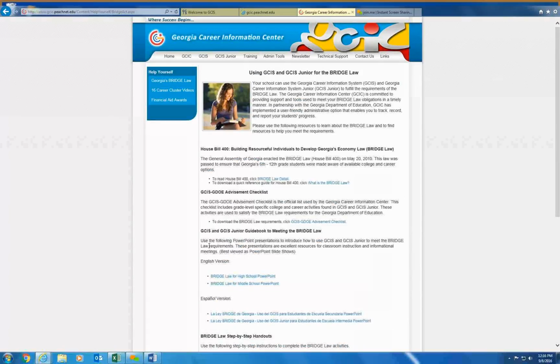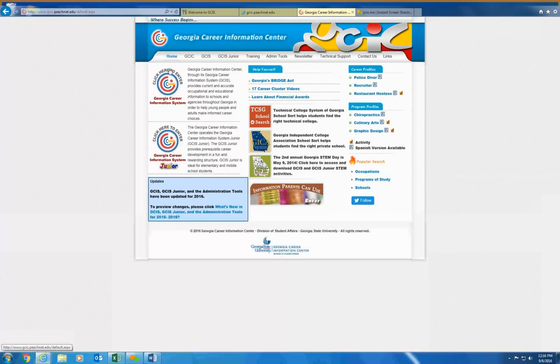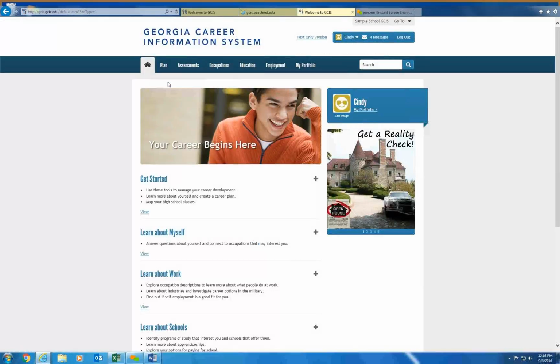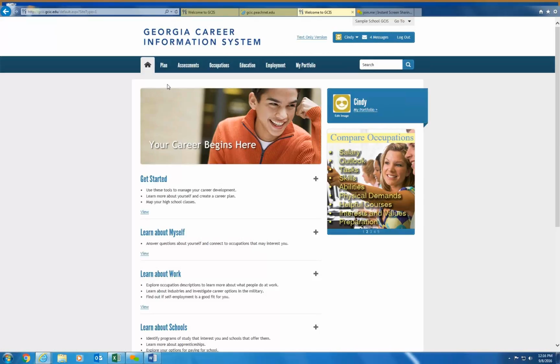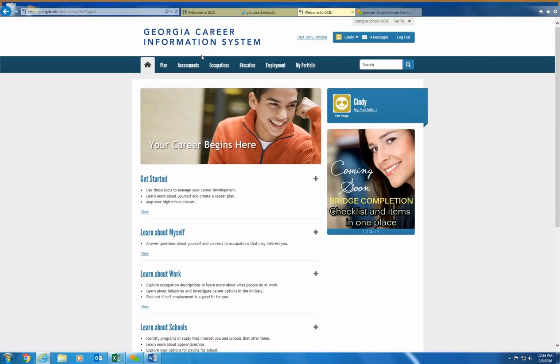So I'm going to go back up to the top. I'm going to click on Home in the upper left-hand corner, and I'm going to go ahead and click where it says Click Here to Enter. And because I never signed out, it takes me right back into my portfolio. For the 11th graders, the element that we are looking at specifically when it comes to career exploration for your advisement milestones is that your 11th graders have an opportunity to save 3 post-secondary schools of interest to them.